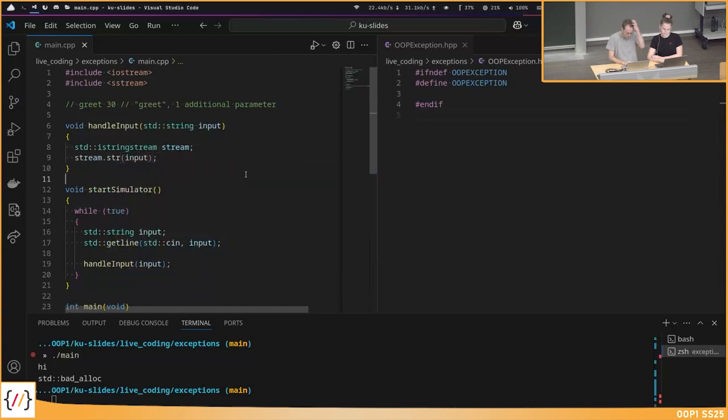What does this do? The streams were like cin, for example. Cin was a stream in C++. But also when you open a file, then you have a file stream. It's basically what you specify as a first parameter for getline. So this basically means I create a fake stream, which contains the user input in this case.